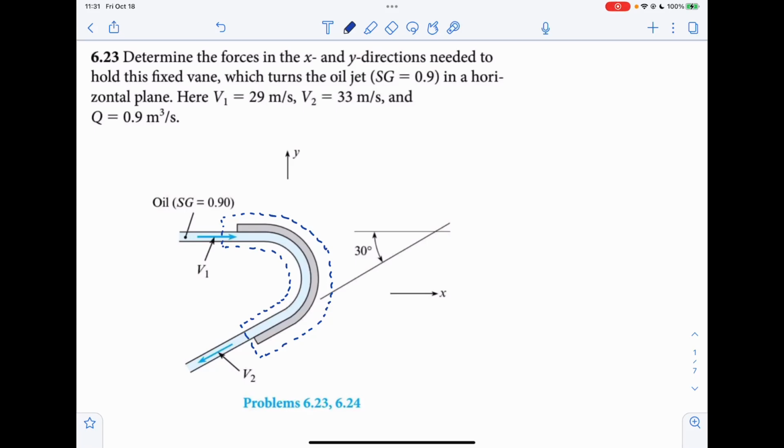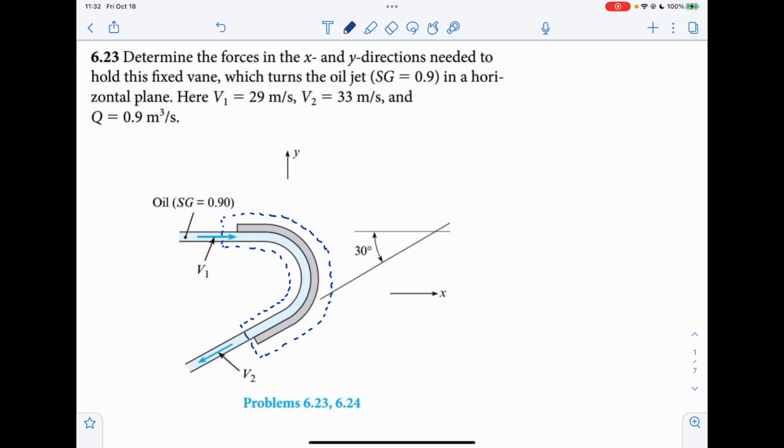In this video we're going to go through the homework solution for homework 8. So let's look at the first problem, 6.23. Determine the force in x and y directions needed to hold this fixed vane, which turns the oil jet